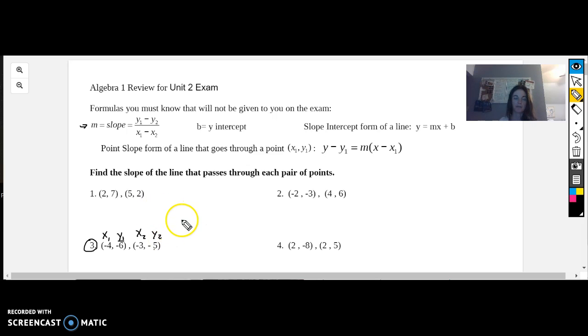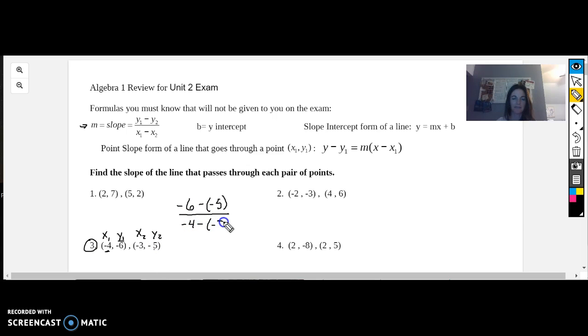So I'm going to say y1 minus y2. So I've got a negative 6 minus, and we can't drop a negative here. That's why this one is a little bit harder, minus a negative 5. Okay, over x1. Now this is important that we go in the right order. x1 is negative 4